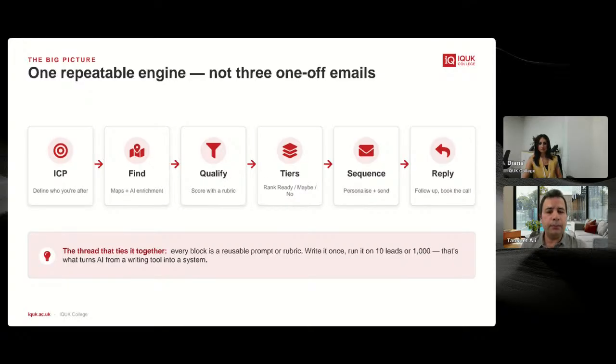Then the second last step, you want to put a sequence together. We don't send only one email and stop. We send at least 3 emails, and that's very common in B2B. So you want to build a sequence, email 1, 2, and 3. And then the last step is when they reply, you want to follow up with them, acknowledge the response, and aim for what your goal was in the beginning. So you want to sell to them, or you want to book a meeting, whatever it is, you want to aim for it.